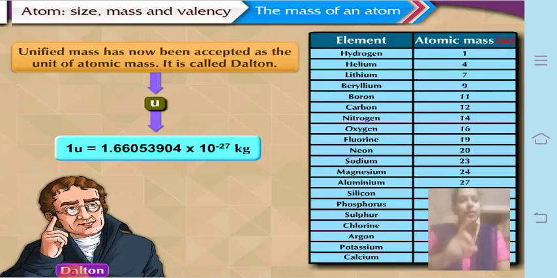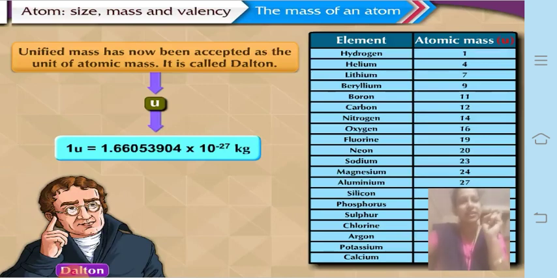That means one proton weighs around 0.27 zeros and then 166. So that much small, so less, is the mass of one proton or one neutron, and proton as well as neutron approximately has the same mass. So you can imagine how small is an atom based on this.